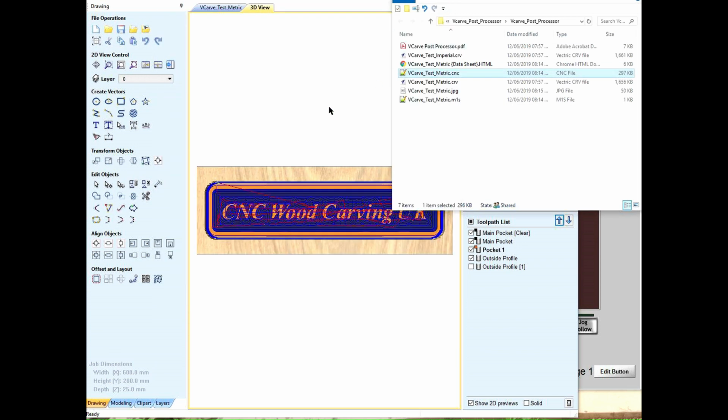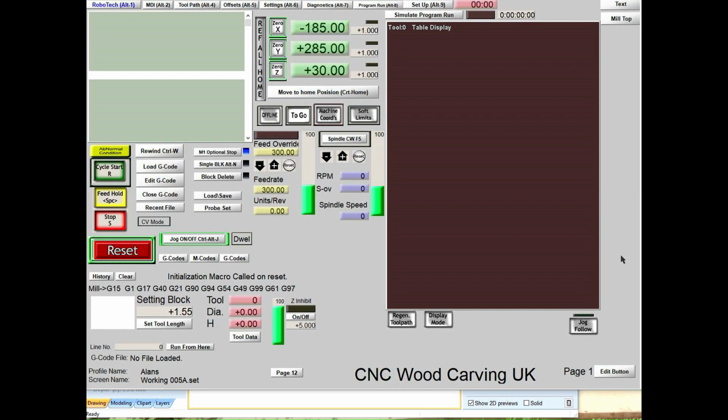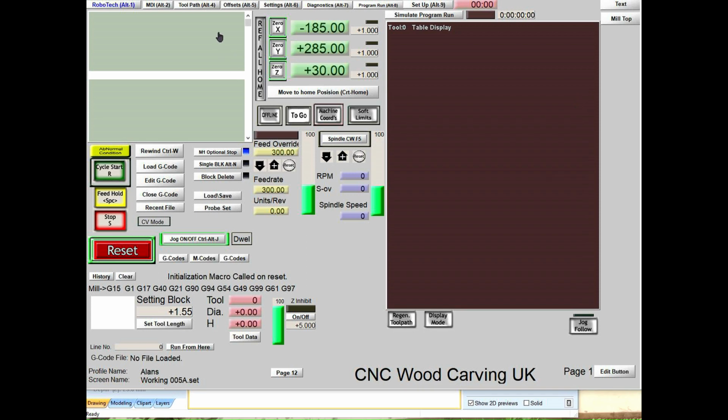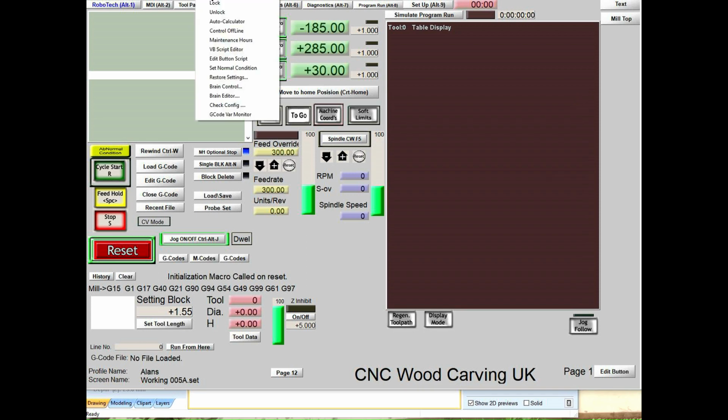So, let's see this in action. Here we have Mach 3. On my page, I have a piece here which shows me the tool data. Now you see, I have no tool data. However, if I come up here and run a VB script,